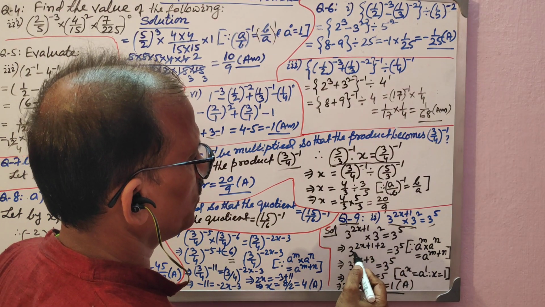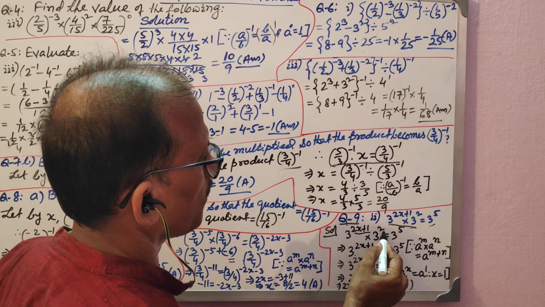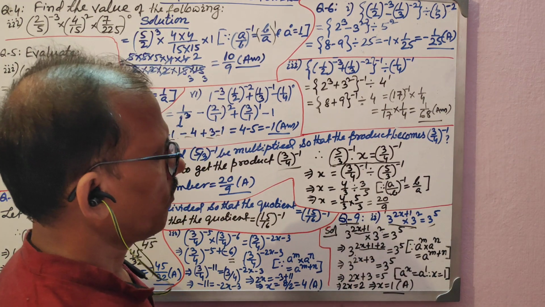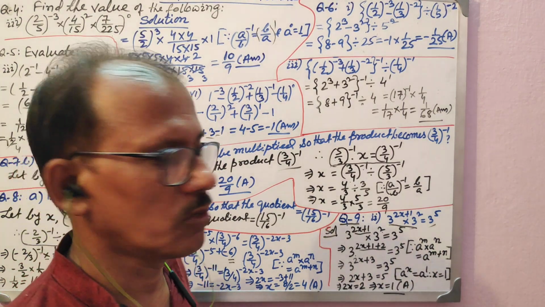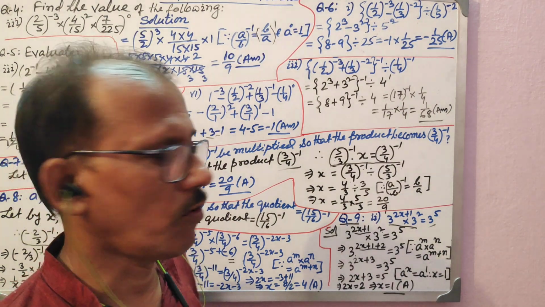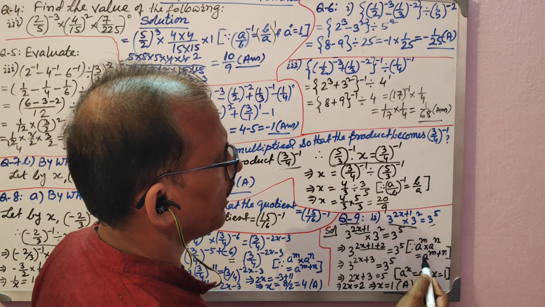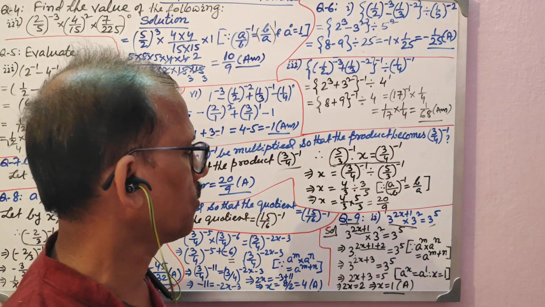See, this is equal to, base is one time and power is added, 2x plus 1 plus 2. 2x plus 1 plus 2 will be the power for base 3, is equal to 3 by 5. Other side you don't have to do anything because it is already in simplified form. So what is the law? Product law. You have written a to the power m into a to the power n is equal to a to the power m plus n, that you don't forget to write.